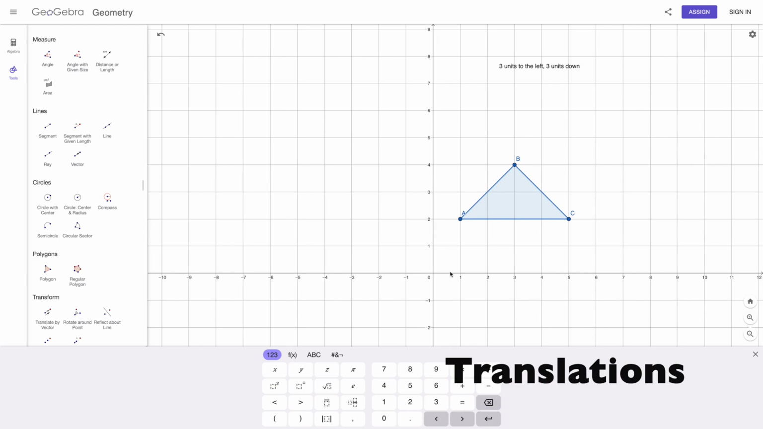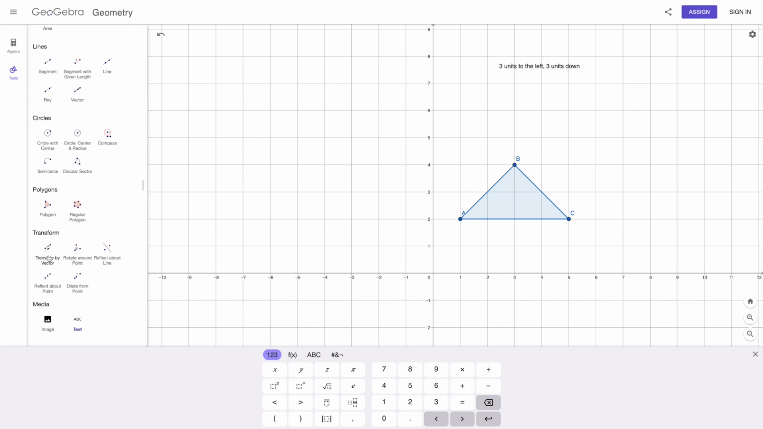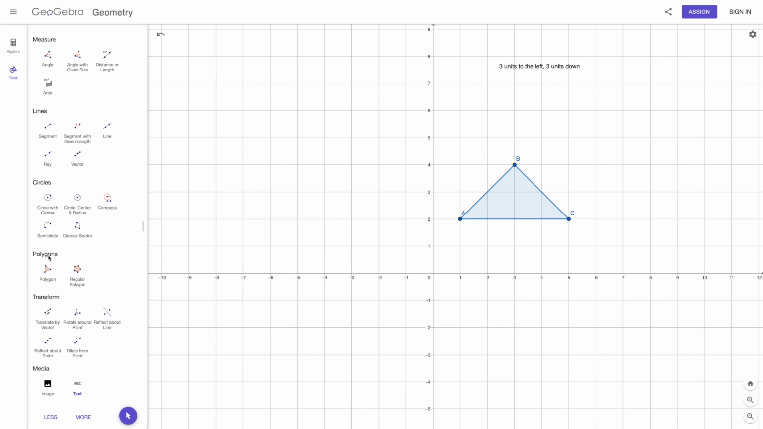All right, so we're going to perform a translation of our polygon with the instructions saying 3 units to the left and 3 units down. So what I'm going to do is I'm going to, under transform, I'm going to click translate by vector. It's going to prompt me to select the object to translate, and then the vector. And I'm going to translate from point A. So I'm going to click on point A, and it's going to give me a little arrow. That's going to be my translation point. And so I'm going to go 1, 2, 3 units to the left,